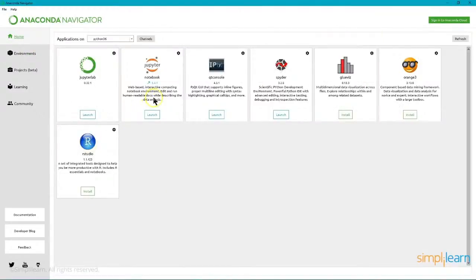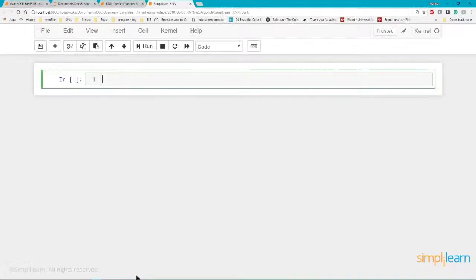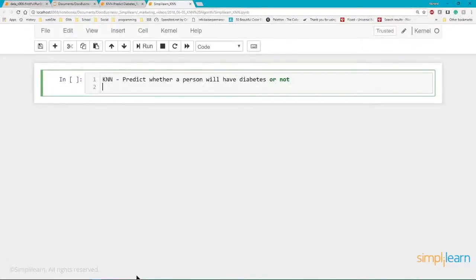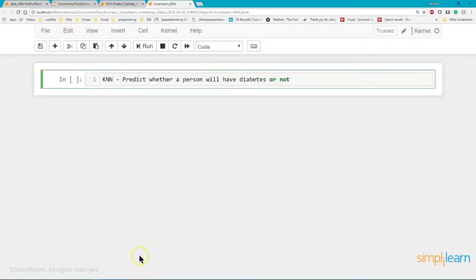Let's go back under Home, and we're going to launch our notebook. Kind of like the old cooking shows, I've already prepared a lot of my stuff, so we don't have to wait for it to launch, because it takes a few minutes to open up a browser window. In this case, it's going to open up Chrome because that's my default. Since the script is pre-done, you'll see I have a number of windows open at the top, the one we're working in. Since we're working on the KNN predicting whether a person will have diabetes or not, let's go ahead and put that title in there. And I'm also going to go up